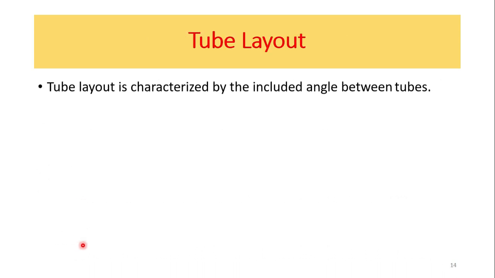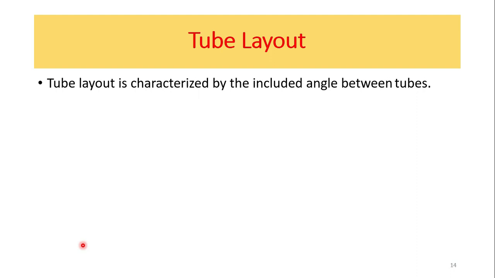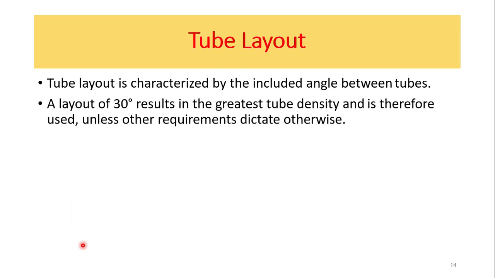So the next is the tube layout. Tube layout is basically characterized by the included angles between the tubes. After going through this slide, I will show you the next slide, which will show you the different configurations of the tube layout. So a layout of 30 degree results in the greatest tube density and is therefore used,